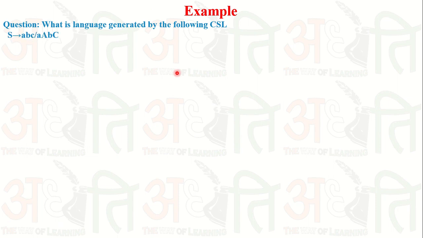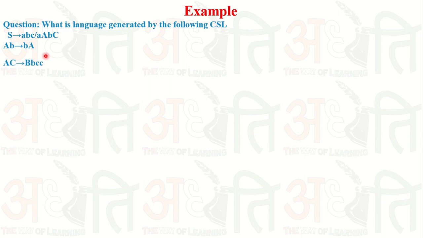So it is simple. S produces aBC or capital A, B, or capital C. Similarly, capital A, capital B produces BA. With the help of these productions, you can easily identify that this given grammar is a context sensitive grammar, because the left hand side also contains a terminal. So b is a terminal.